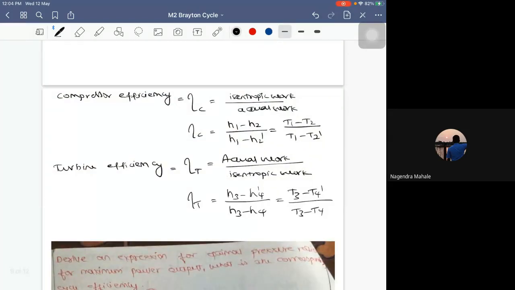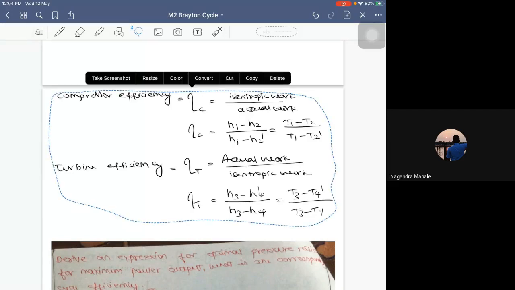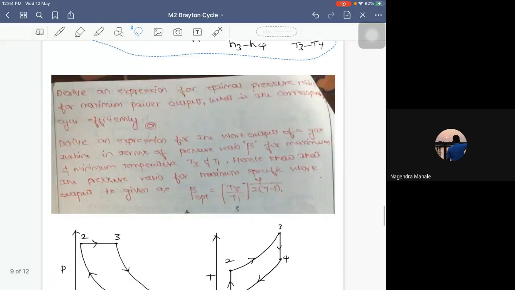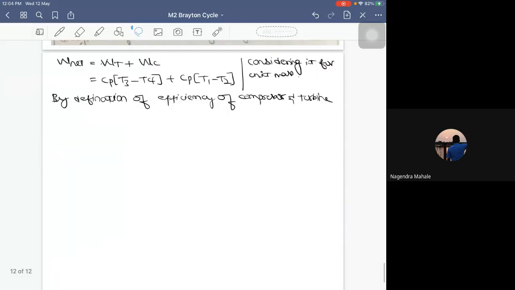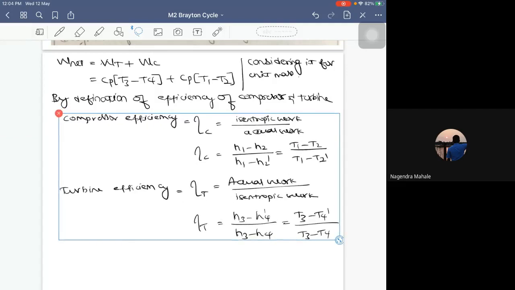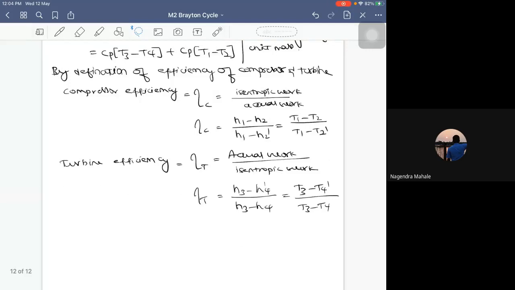I will just take that same thing once again. So by the definition of those, we have this particular thing. Okay. So from this, can I write it as